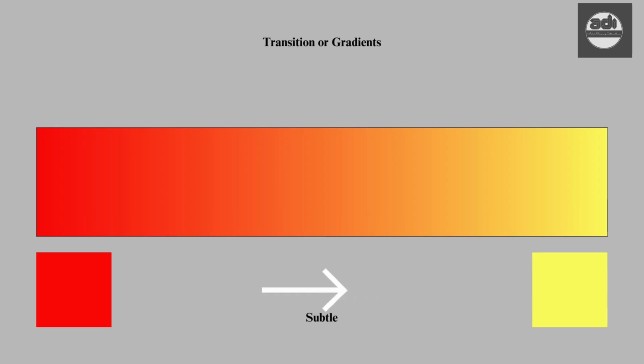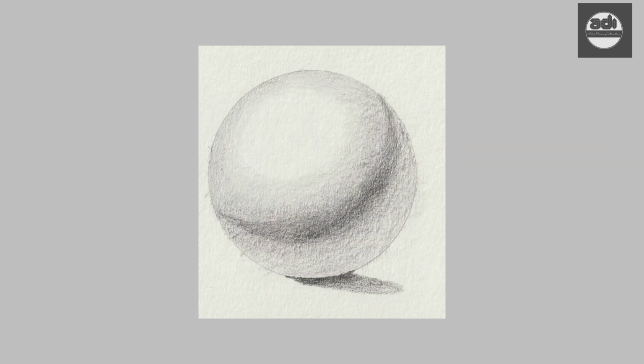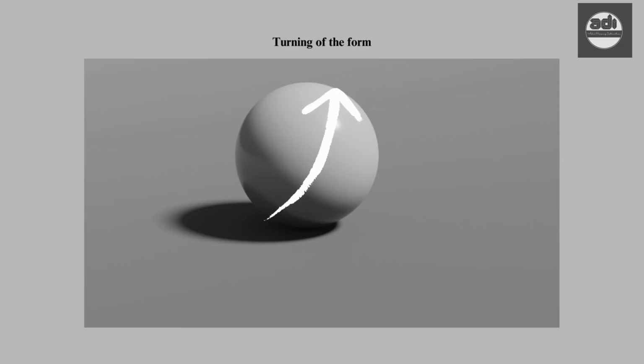Transition or gradients mean a subtle shift or a movement from one to another. In drawing, we have a value transition or value gradients, which are very important in rendering form realistically. Transitions or gradients take place due to the turning of the form, fall off of the light, and variation in